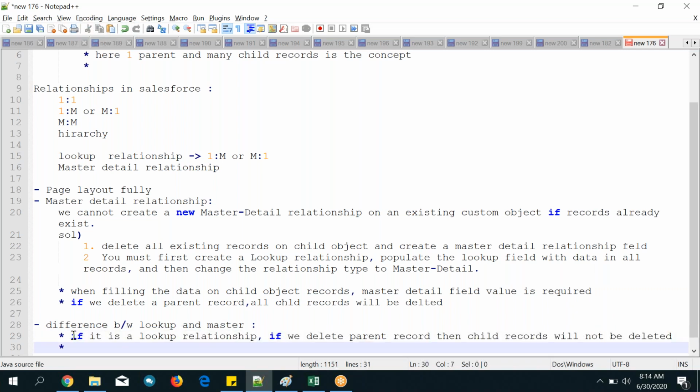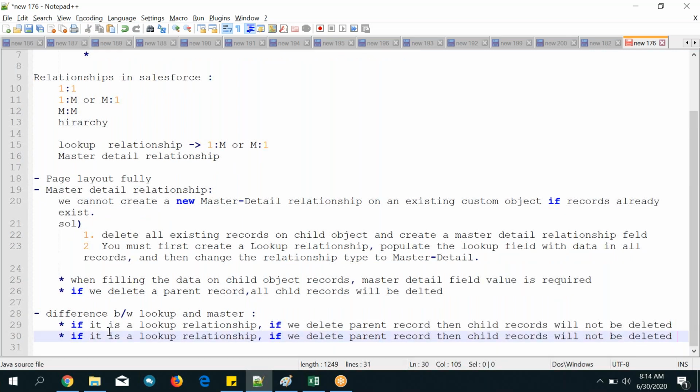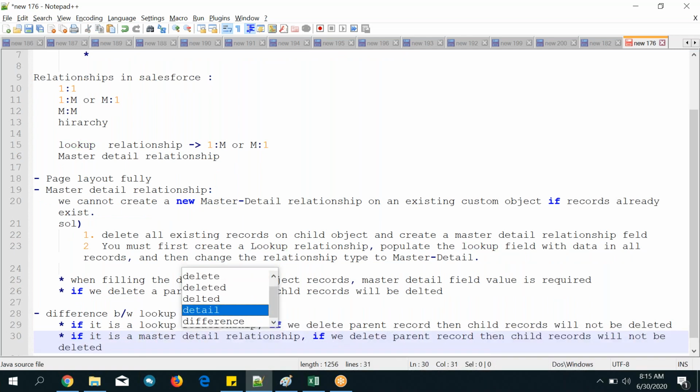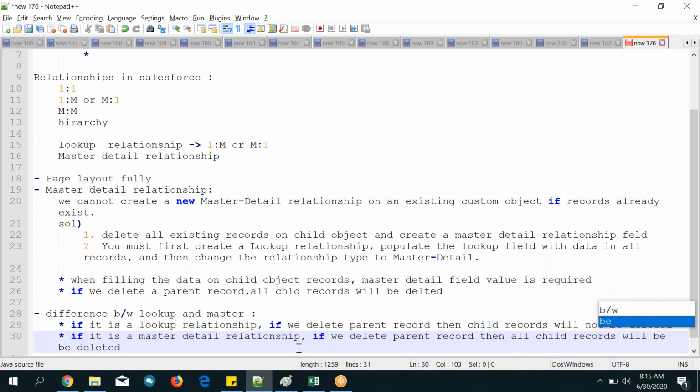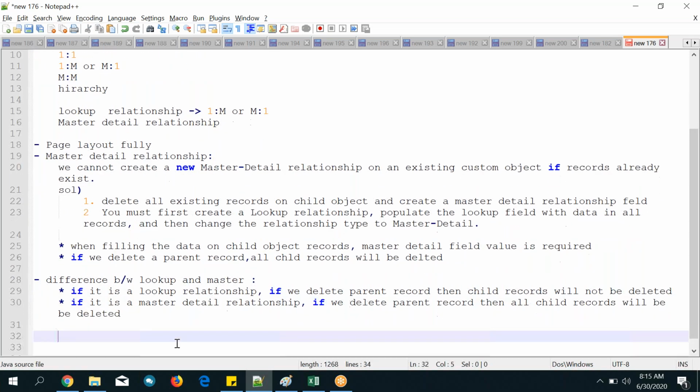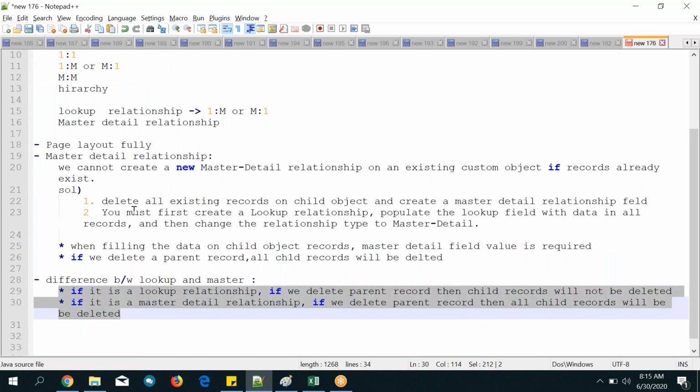If it is a master detail relationship and you delete the parent record, then all child records will be deleted.